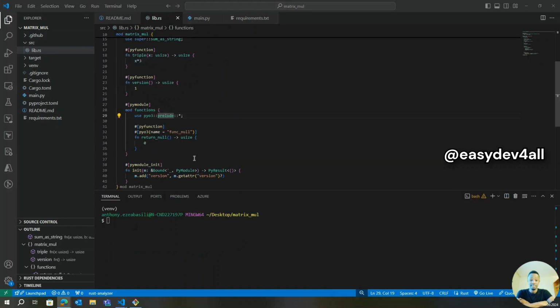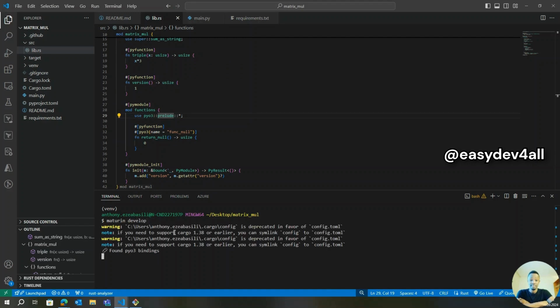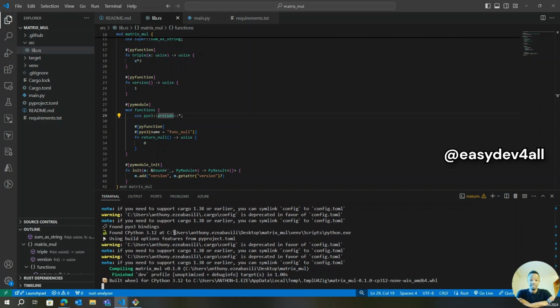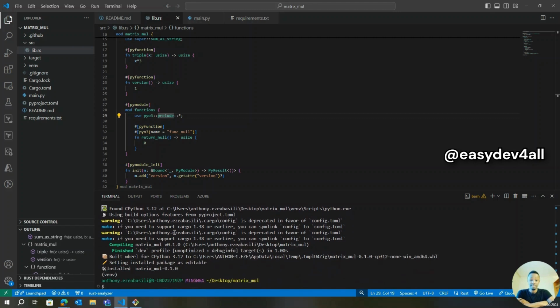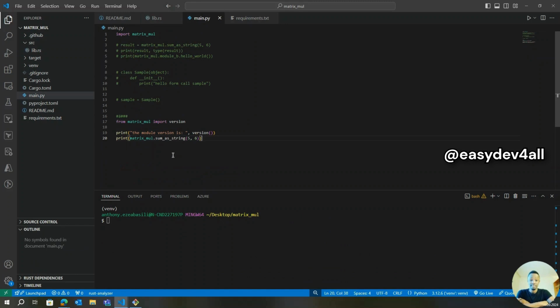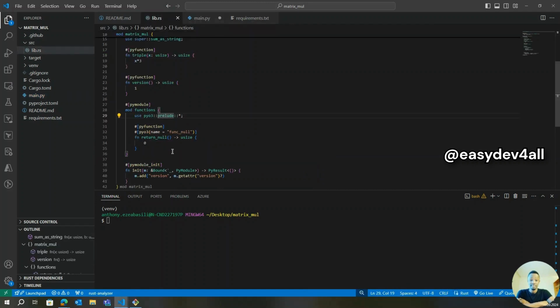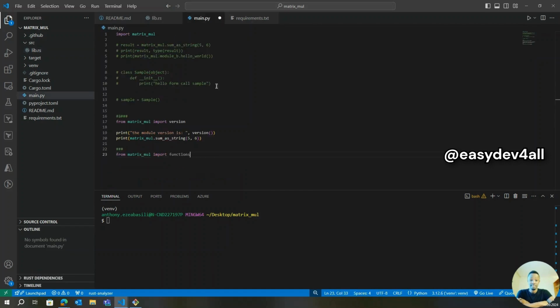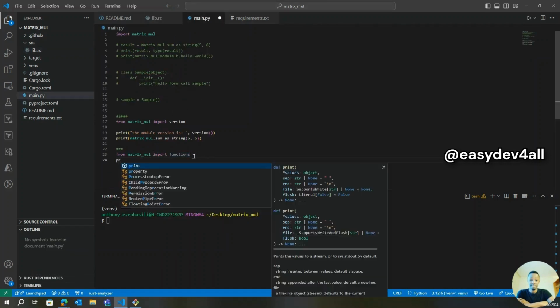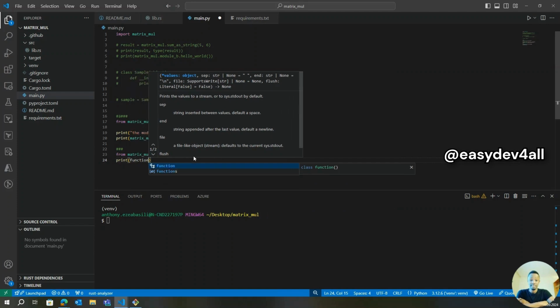Now to test things out and see if this is actually working, I would again compile this, maturin develop, and that shouldn't take so much time. Okay, and now we have that. So I can come down here and do something like from matrix mode import functions. That was the name we gave it down here. As you can see, this is the name of the submodule. And then in here, I can try to invoke this function. I can say functions,